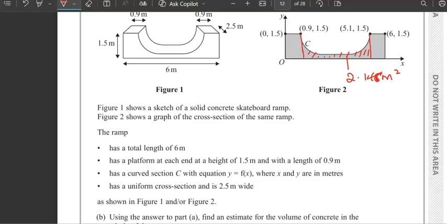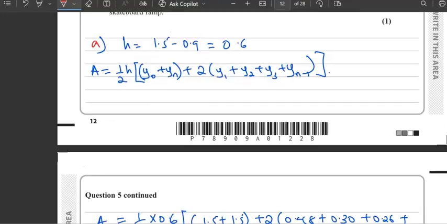And if you look at this keenly, the other ends are a rectangle, and the dimensions of this rectangle will have 1.5, and this one is purely 1.5 times this one is 0.9, and also this one is 1.5, and this one is 0.9. So what we are going to do in this case,